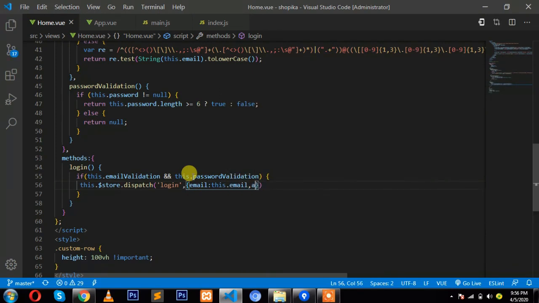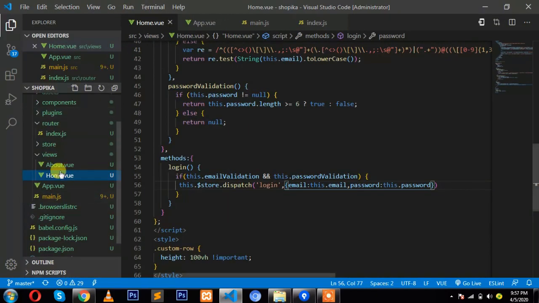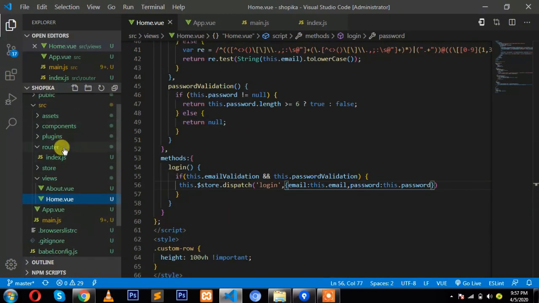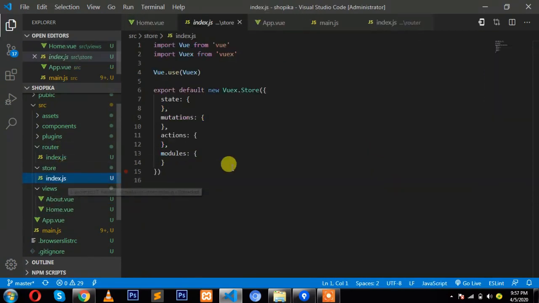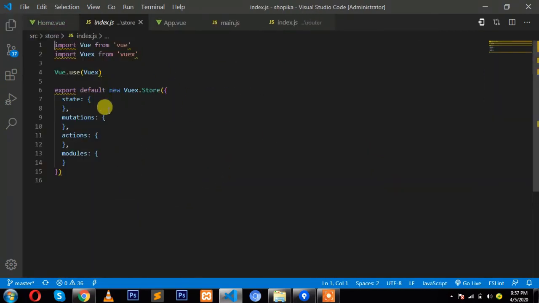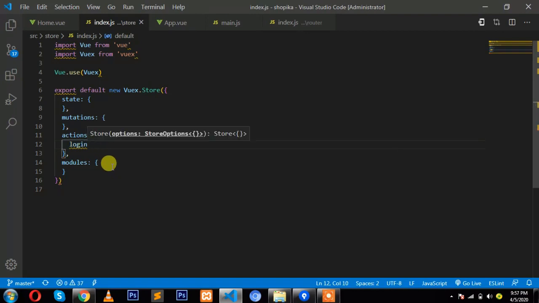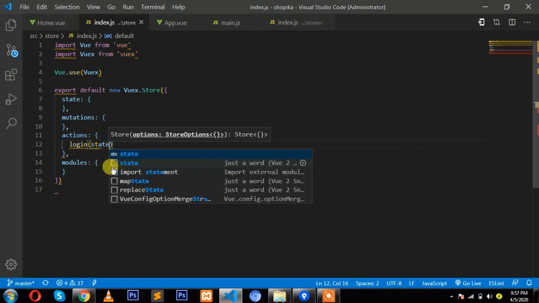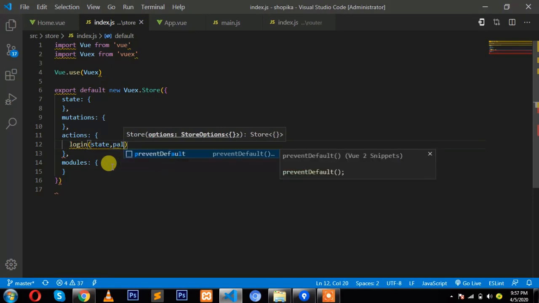and password, this.password, and I'm navigating to my store here. It's already set up by Vue. I should create an action login here, and I can say state, payload,